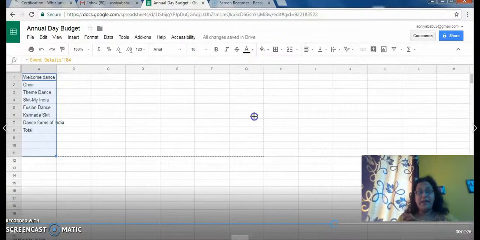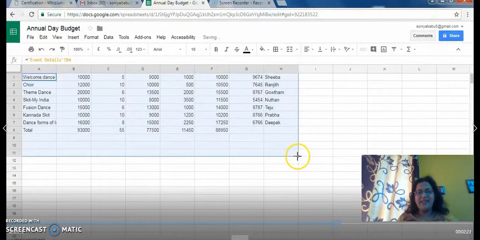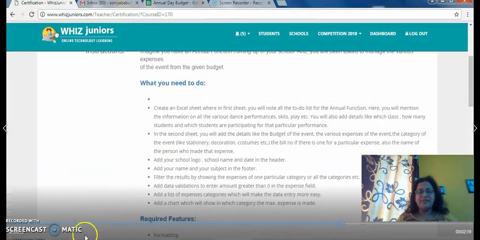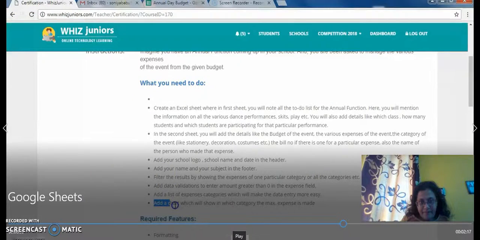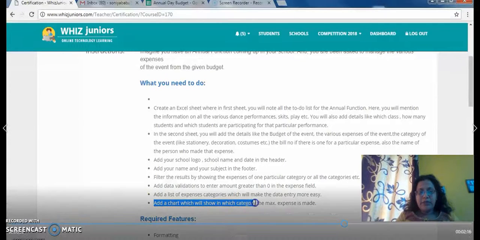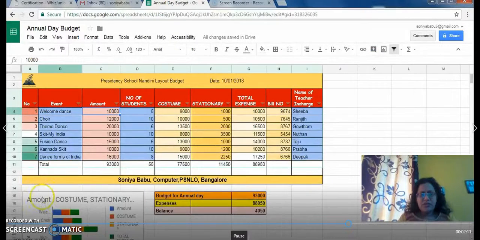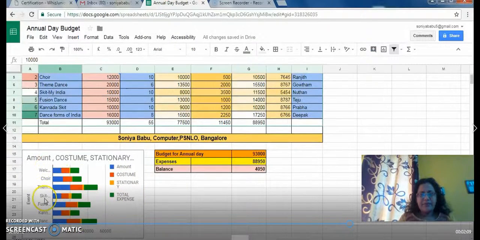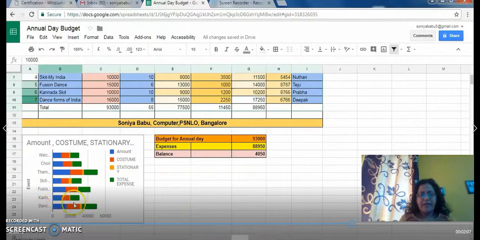So this makes my data entry very good, and all the data are entered here. So this is how I make my data. And the next one is adding a calendar of mixed expenses. So all this I have added. So the expenses are added, and this is how I have added the expenses,